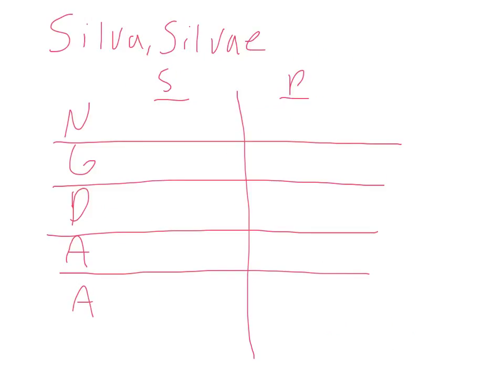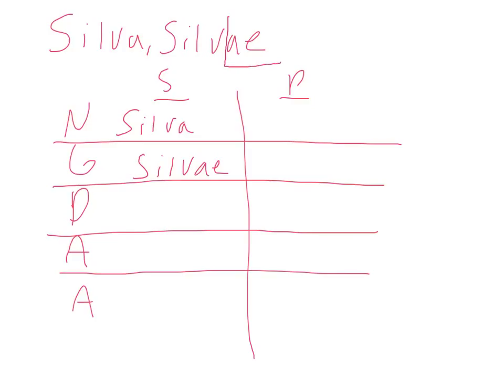So again, I made our chart, and what I said earlier is important because it actually makes declining the word easy when you realize that you have the nominative and genitive singular both given to you. So we're going to start first by putting in the first two parts of the noun. We have our nominative singular, genitive singular. Then from there, what we're going to do is separate